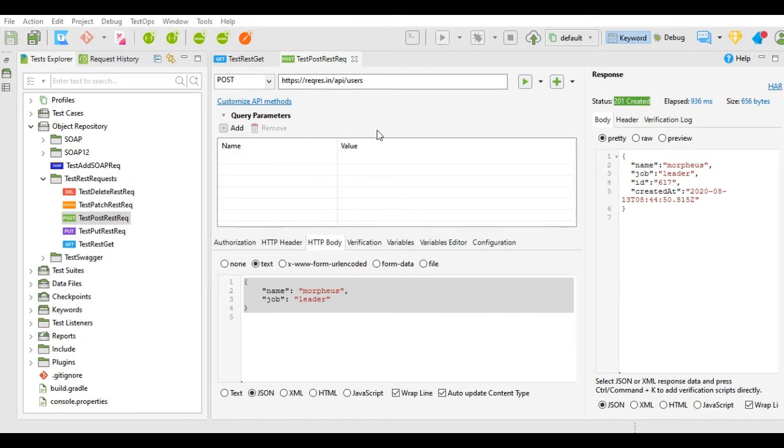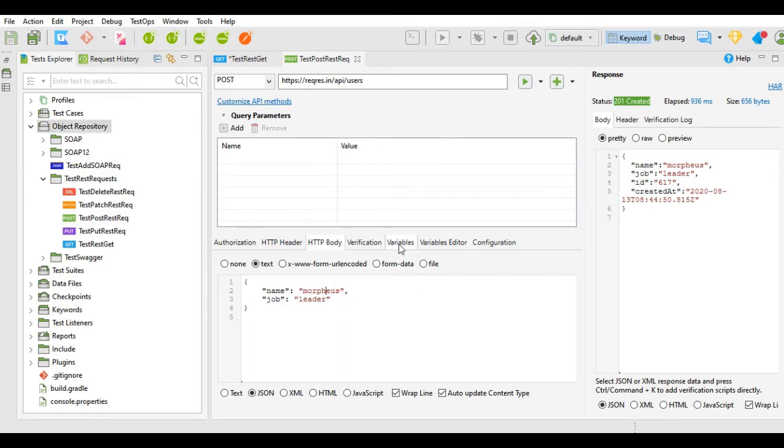In the GET request, we had used the variable for the URL to use the parameter for the URL. In POST request, we are going to use this variable in the HTTP body section, wherein we are providing these name and job details with the help of variable.